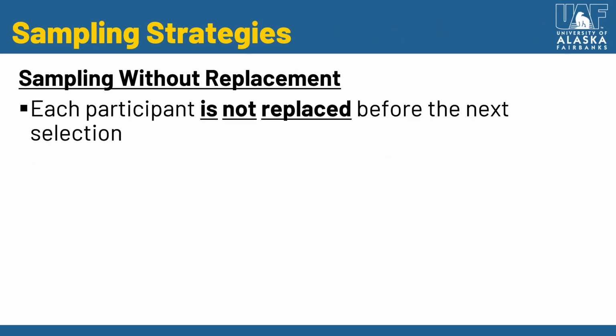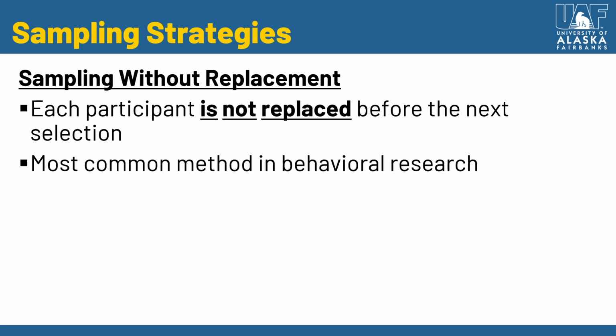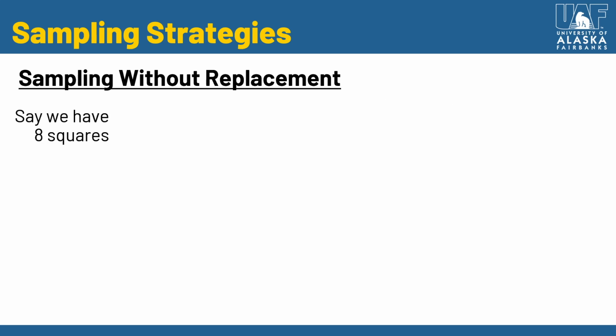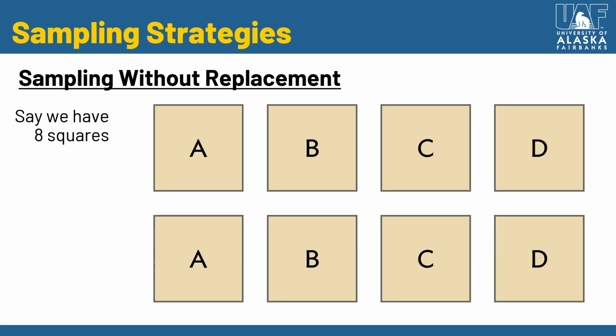Sampling without replacement means that each participant is not replaced before the next selection. I'll show an example here. This is the most common method in behavioral research, so this is what we tend to see. For example, say we have 8 squares and we're selecting individual squares one at a time. If we have 8 of these and we want to know the probability of drawing a square marked A,